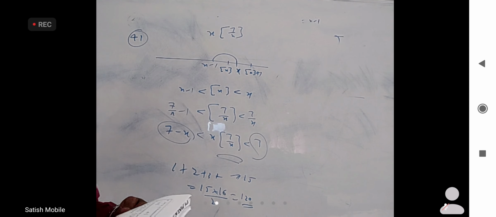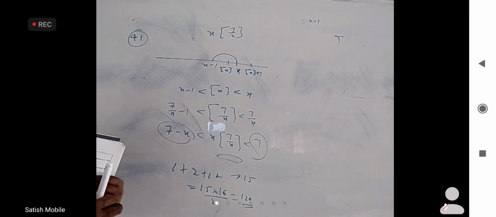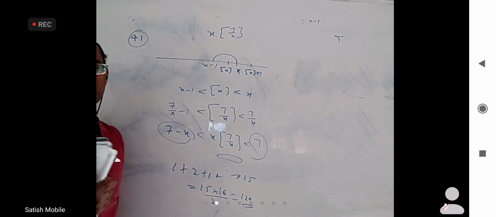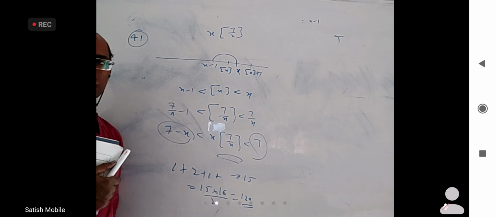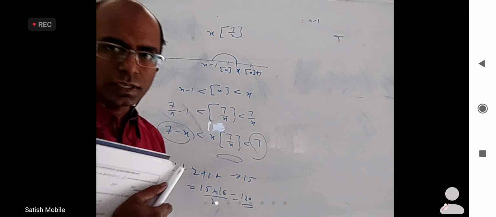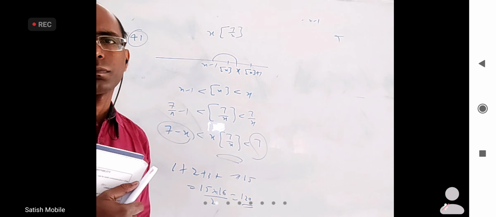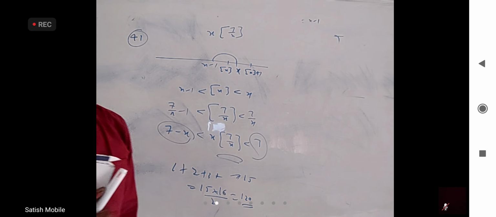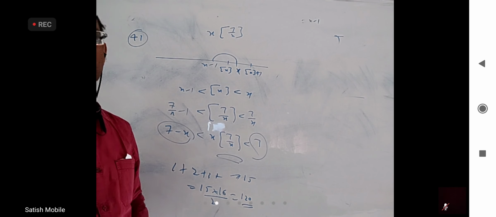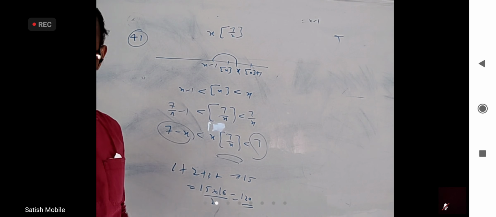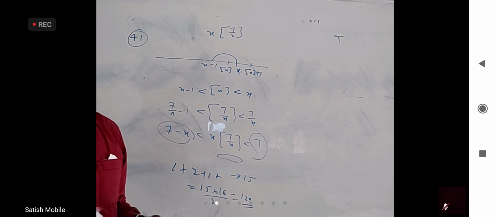Anything else up to 44? Somebody said something I could not hear. In limits, anybody any doubt? I hope my voice is clear, right, everyone? Okay. Then if you have 2020 questions, doubts, we will discuss Saturday. That is next year. Matrices and determinants. Let us see if you have any doubts.